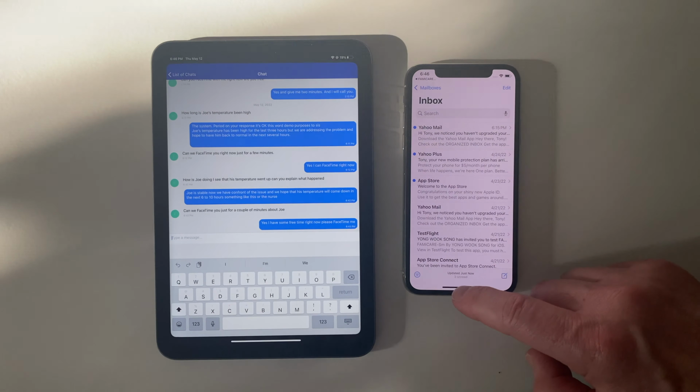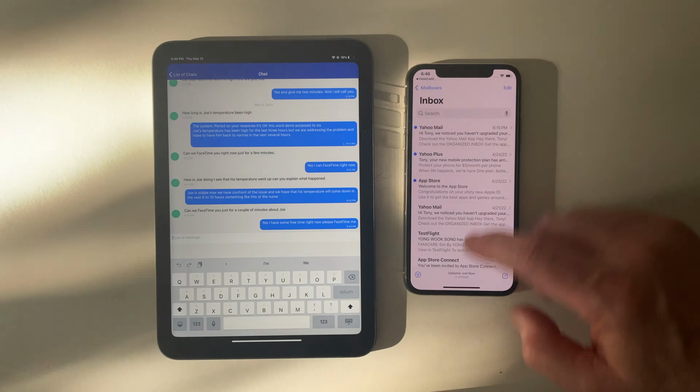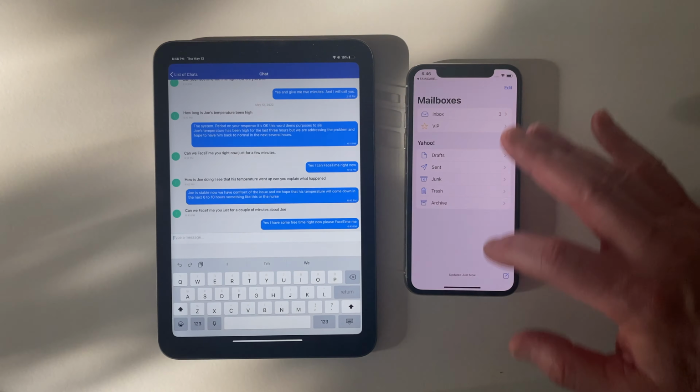Okay, so those are the main functions of the app,